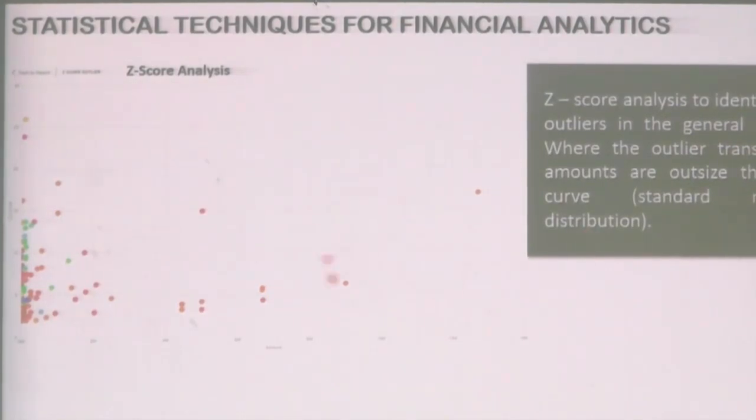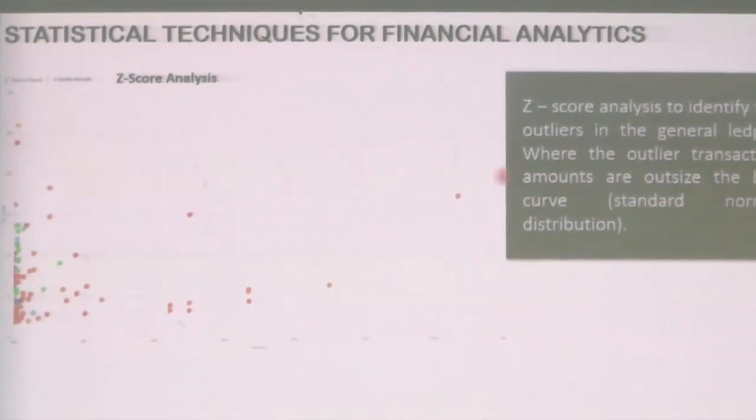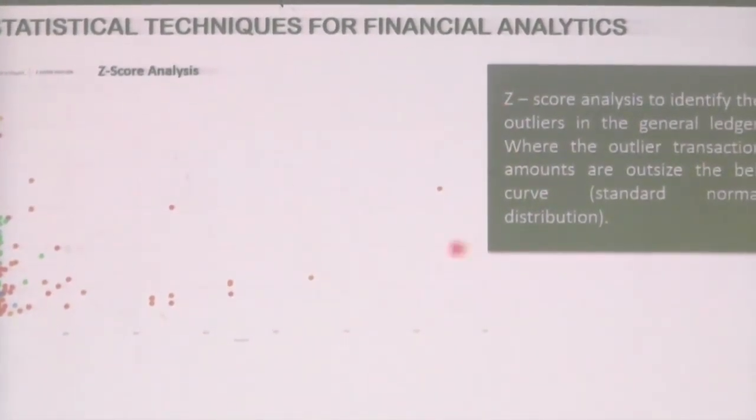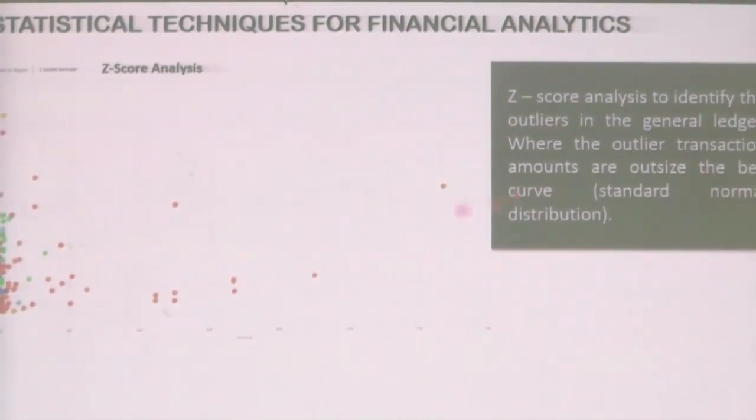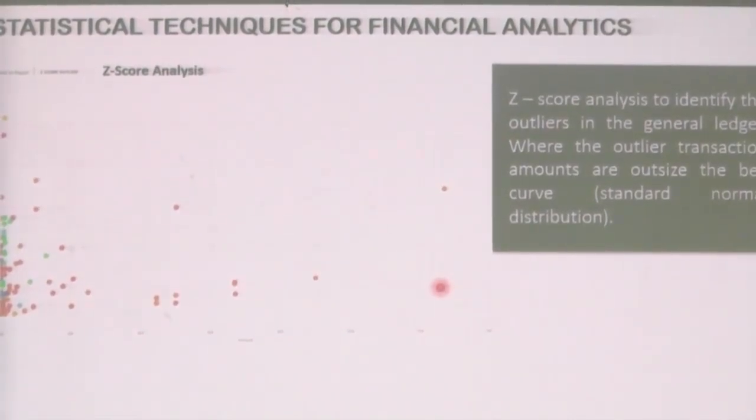Now, I am showing you an analysis of one company's transactions. There are so many transactions. Now, Z score, I think all of you know, maybe from A level results, we talk about Z score. But Z score in statistics is about the normal distribution. If I draw a bell curve, you can see many data distributions follow a normal pattern.